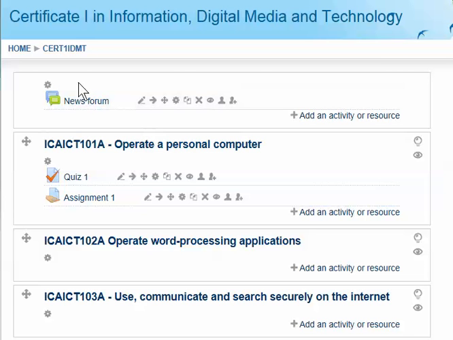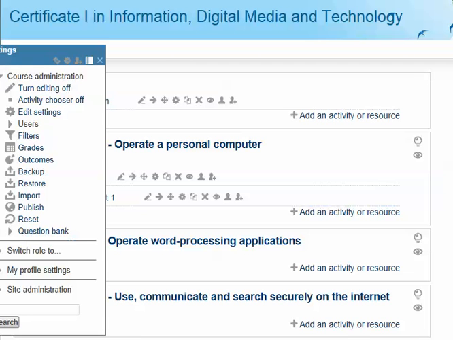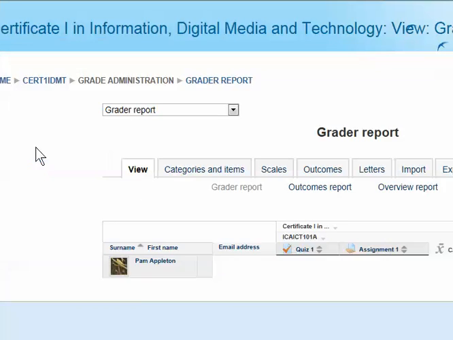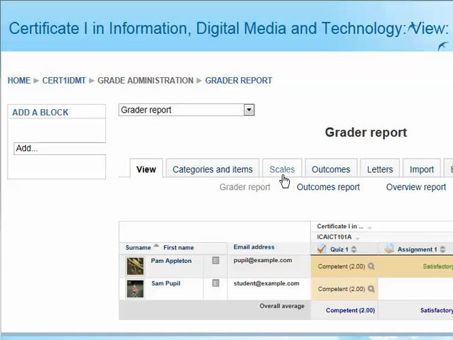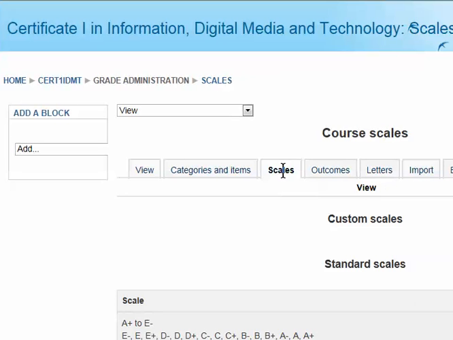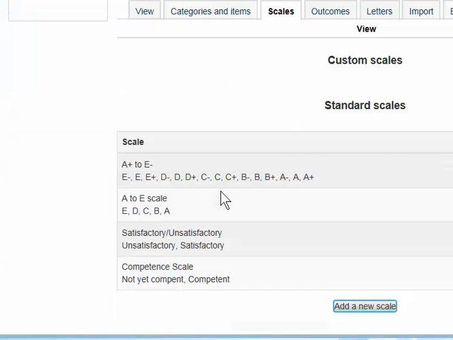The way to do it is go to settings. It's actually just outside of the screen there, so you won't see the settings button, but there it is. Once I hover over it, everything comes up, and I'm going to go down to grades, and I'll go to scales, and these are the standard scales that have been set up on this particular one. You can see I've already got a satisfactory, unsatisfactory one, but if I did need to add one, I'd click on add a new scale,